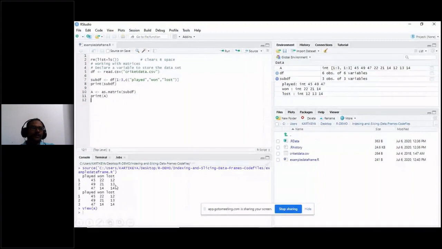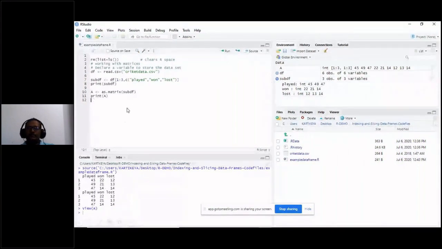Now use the command as.matrix to convert this data frame into a matrix, and I have assigned this matrix to a variable called A. Now if I want to display that matrix, I can use the command print A.